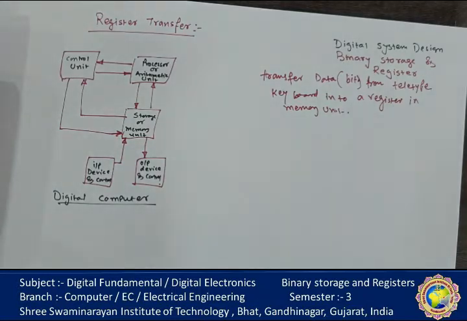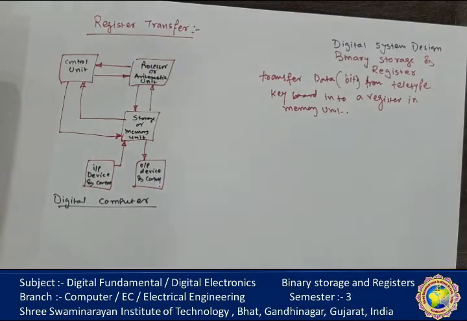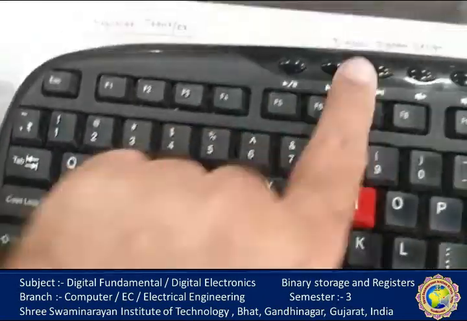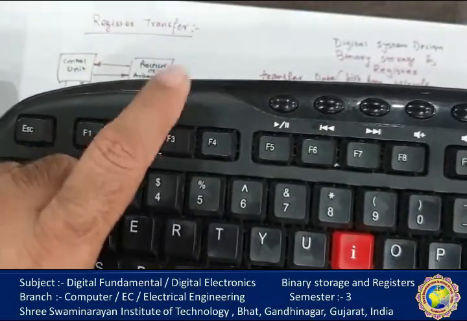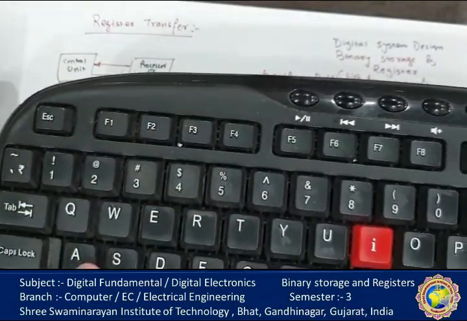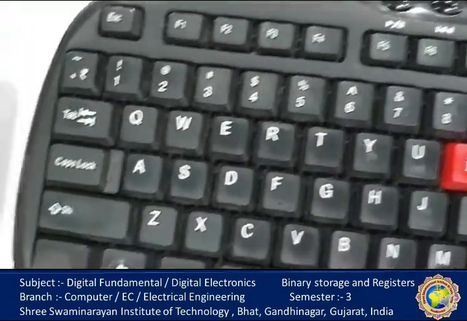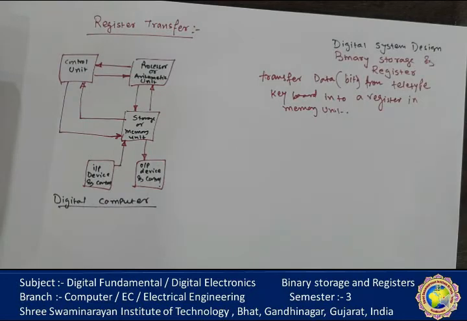We want to understand how the teletype unit is assumed to be a keyboard, which you have already understood. Suppose this is the keyboard and I press any key. According to it, the control unit inside this keyboard converts it to the ASCII code, the 8-bit code, and then sends it to the CPU unit. The CPU unit stores whatever key data was pressed in the memory of the digital computer.